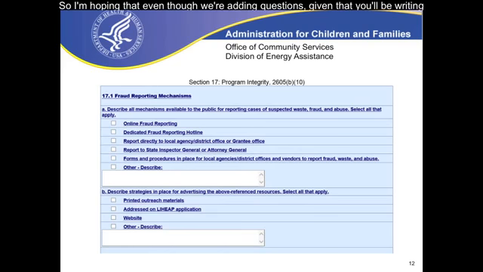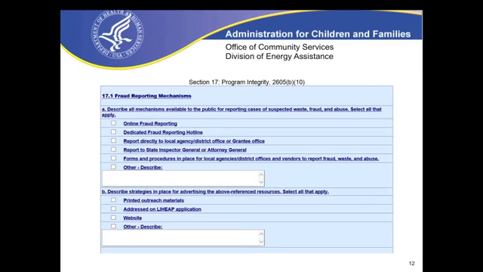So I'm hoping that even though we're adding questions, given that you'll be writing less narrative and more checkboxes, this will actually be saving you guys time. And it will make our data from all of you more analytical. We'll be able to analyze everyone's responses and draw conclusions across multiple states, across the whole country, across an entire region,